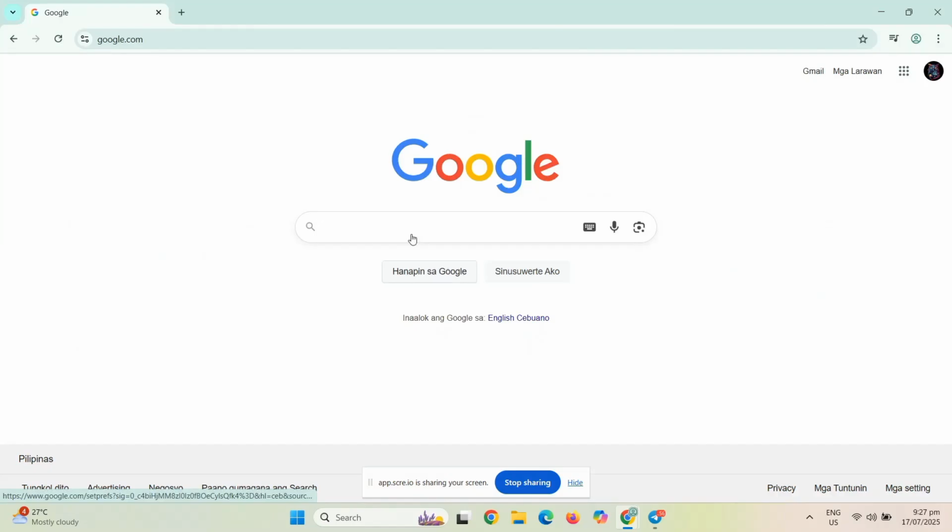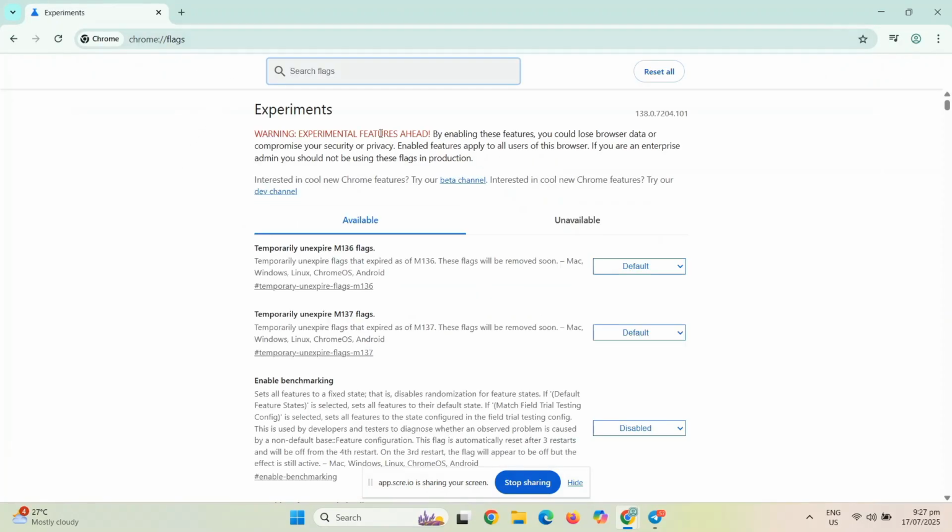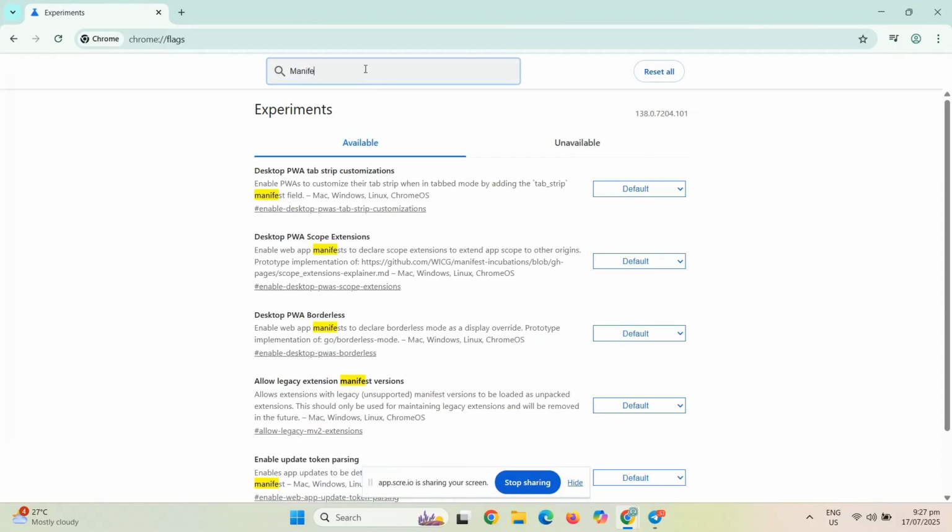I'm gonna show you how to get uBlock Origin back on Chrome, and also fix Manifest Version 2. So to get started, you have to go to Chrome and type chrome://flags and then search "manifest",